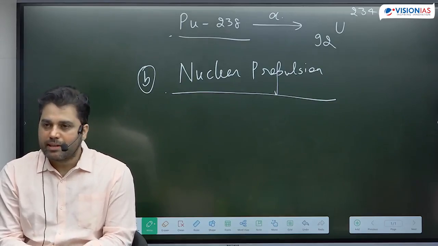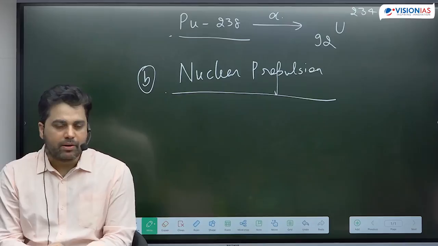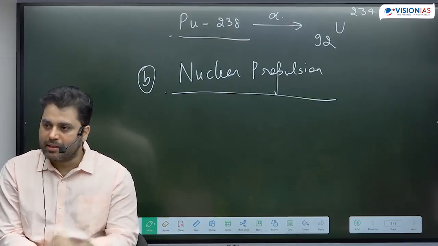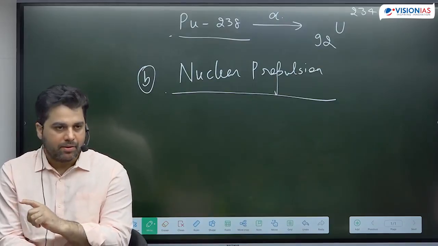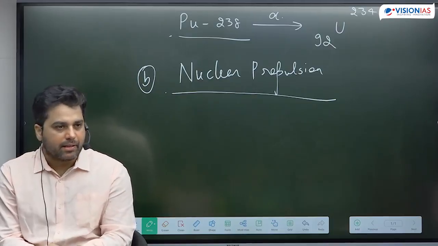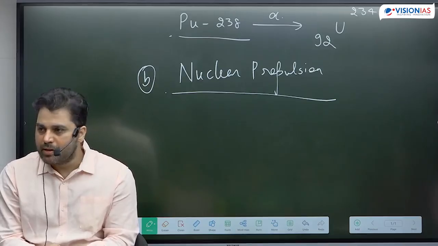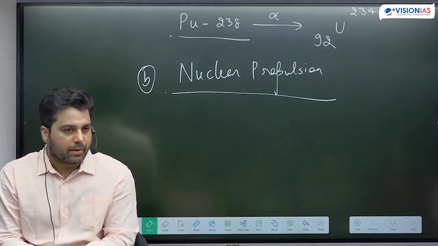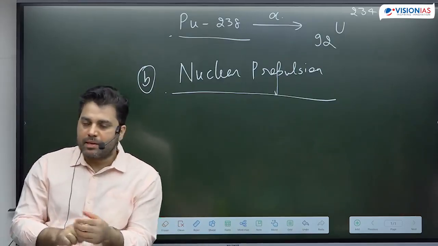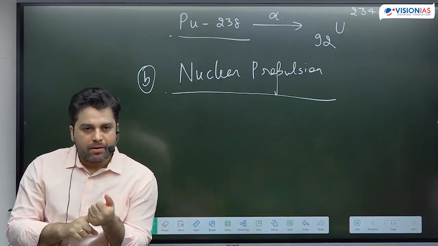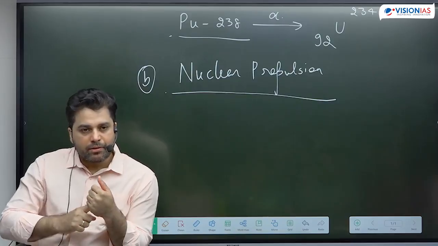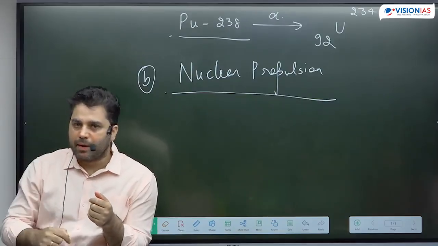NASA thought about this in the 1970s. Very soon, because of practical limitations, they abandoned that plan. And I came across news last year that they have revived it. In 2023, there was news that NASA has again revived that plan, and they are working on developing a rocket which will use nuclear propulsion. Such a rocket will be particularly useful for manned missions which, let's say, go to Mars and have to come back.